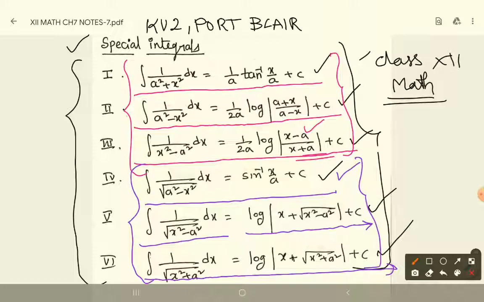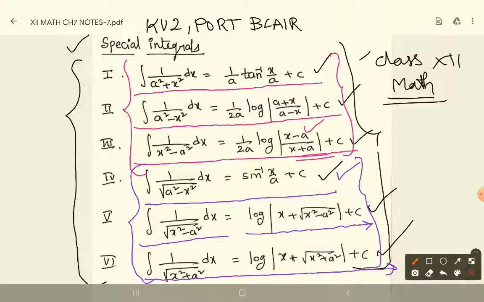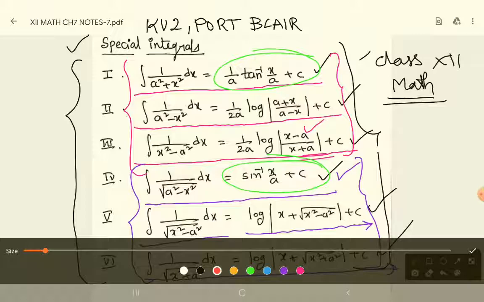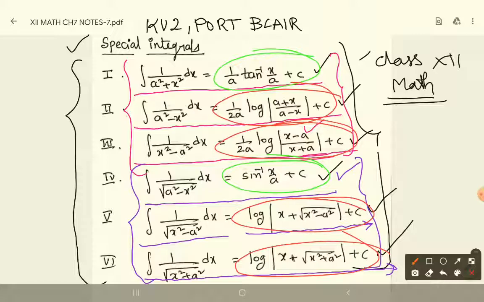That means, if you see the first group without square root, and the second group with square root, there are two log formulas and one trigonometry formula in each. Here also, one trigonometry, two log. So try to remember this in a special way so that you will be able to understand the problems which I am going to discuss in exercise number 7.4. Get ready with your notebooks and your textbooks.